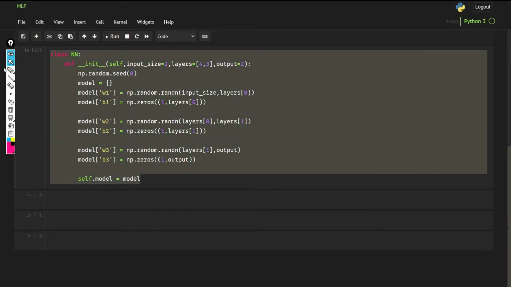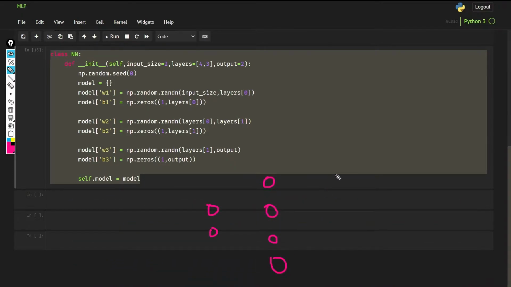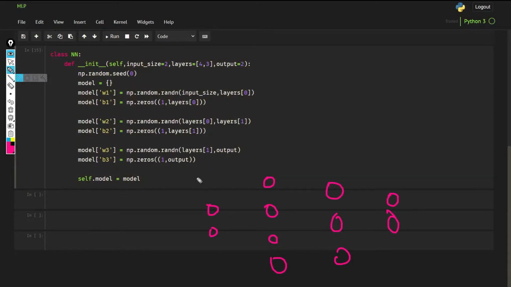So this is the simple architecture. Now what we need to do is, again, let me draw that diagram. So now the next step is, we need to pass our input from here.